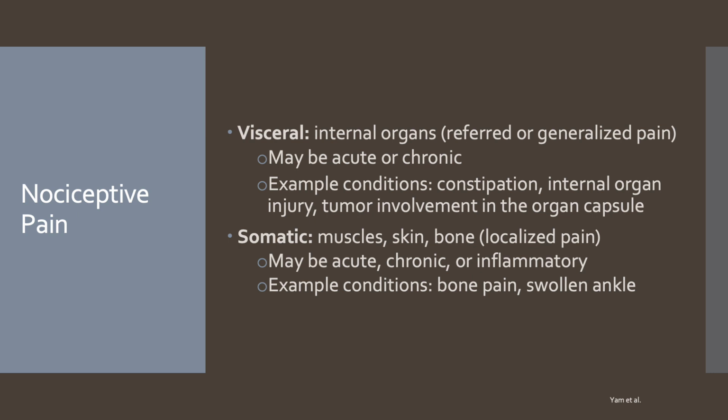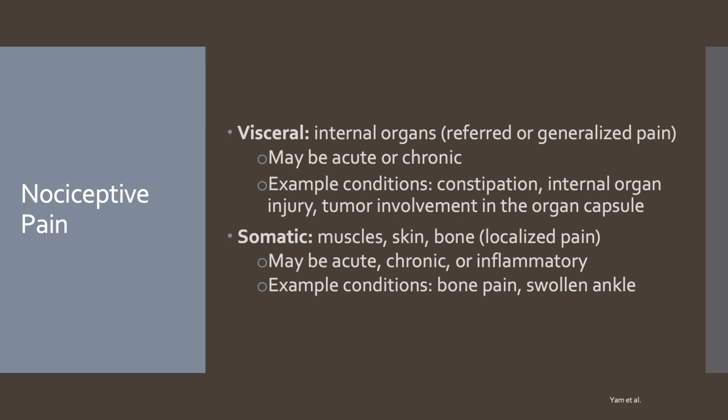Nociceptive pain can be either visceral or somatic. Visceral pain mainly affects the internal organs, and some examples of that would be constipation and tumor involvement in the organ capsule. And then somatic pain mainly affects the muscles, skin, and bone, and examples of that are bone pain